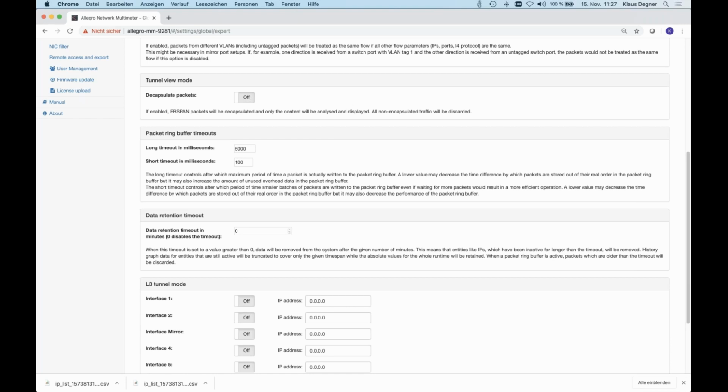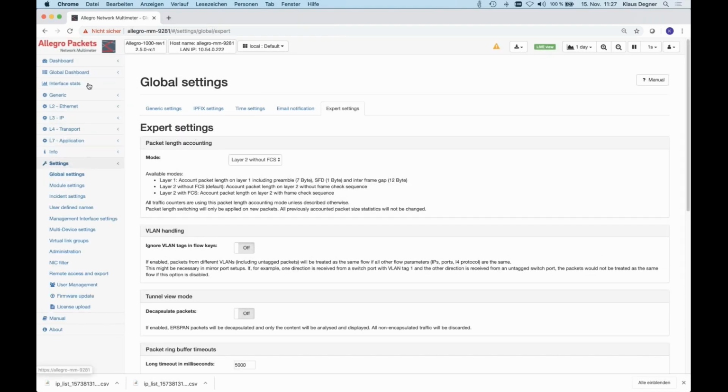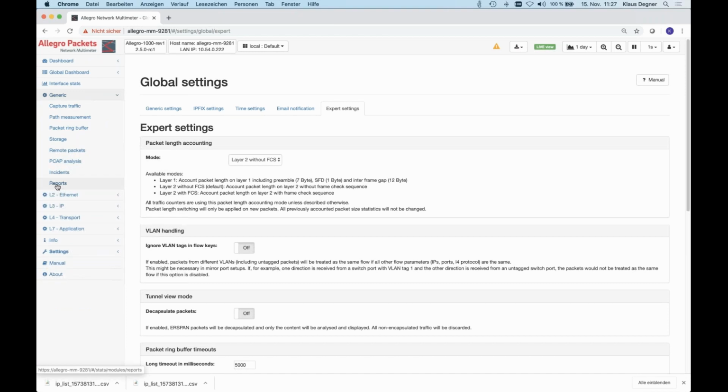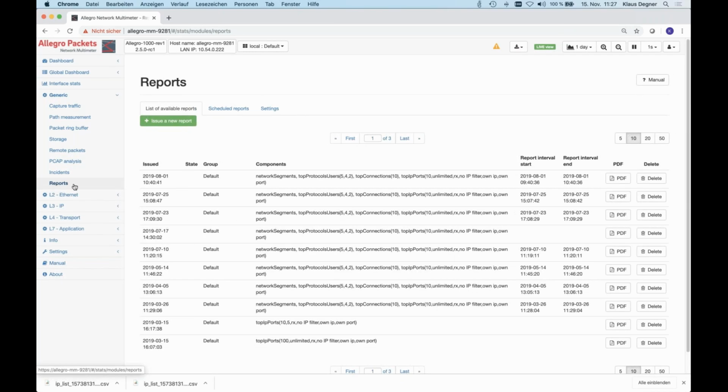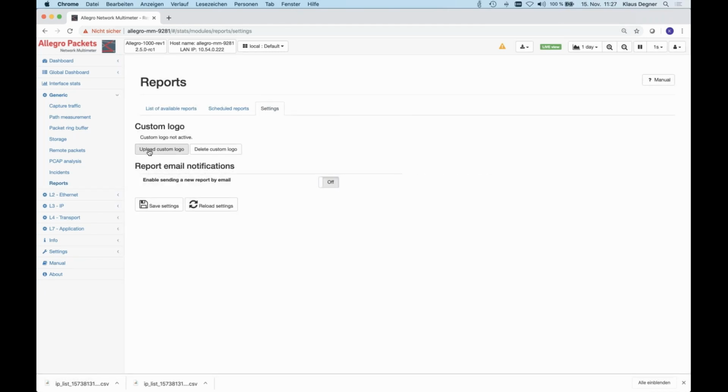Last but not least, we have the reporting feature. And with release 2.5, for your scheduled or for your standard reports, you can upload a custom logo that will be integrated in that report. So if you have a company logo, your report also carries your company logo. And for each report, you can have some text.